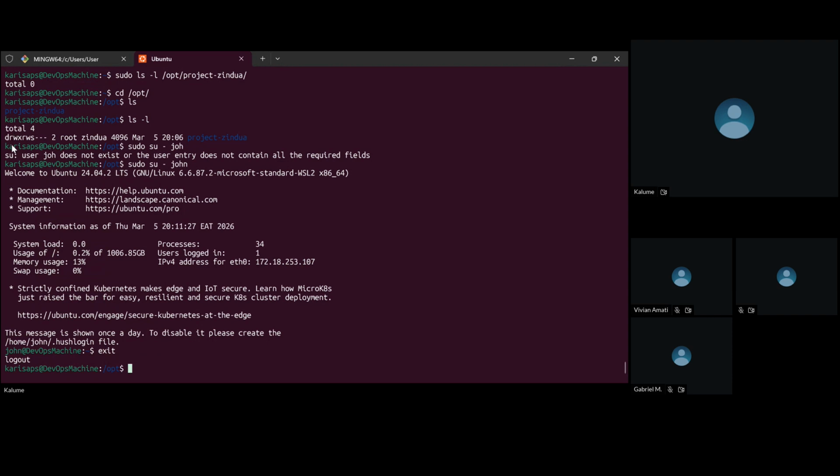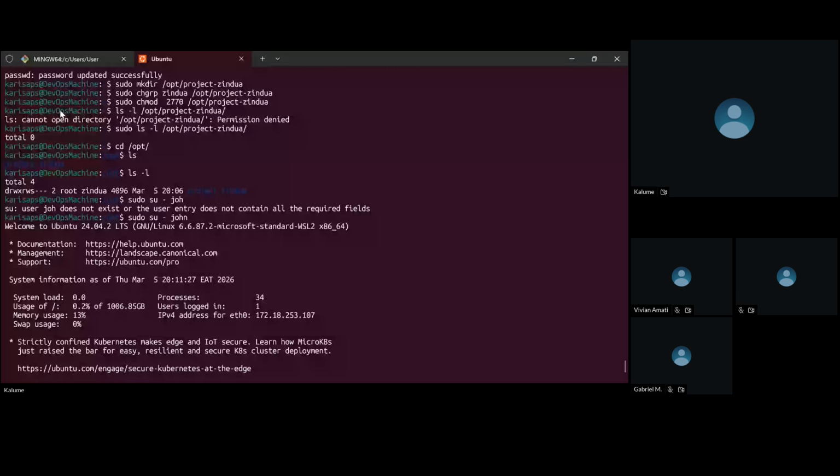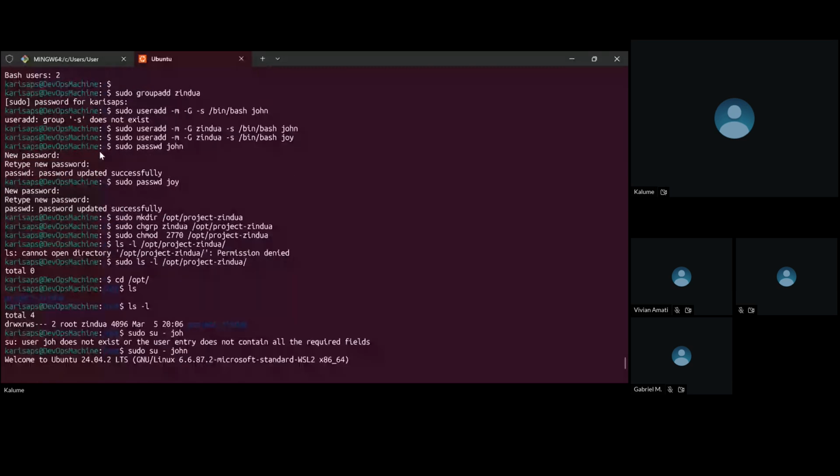Then on the owner, if you are not dealing with a group but on a user level, should be owner. Then we have the group. Then we have the others, the operation that someone can do on a file or on a folder. So in this case, we have the root user, then the group level users, then the others. So if we come back here,